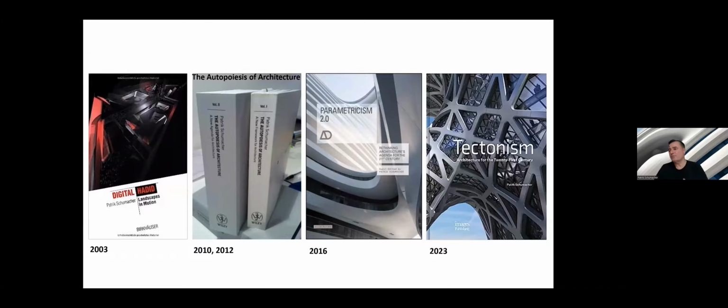Okay, so there's a number of books I can recommend, which I've published over the years. A relatively coherent set developing some of the ideas which I'm talking about here. And the latest book, Tectonism. I will not talk specifically about tectonism and the concept of spine, but you will find summaries of what I'm talking about here also in Tectonism. And what might be interesting about that book, which is coming out this summer, is that it will also come out in Chinese language. So for the first time, one of my books will be in Chinese language.